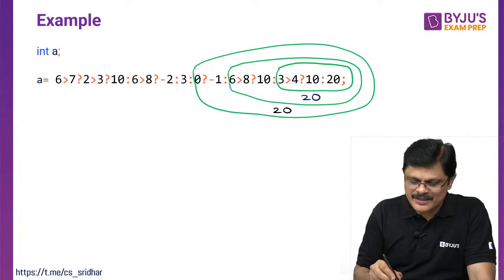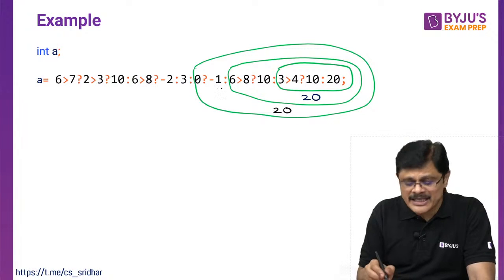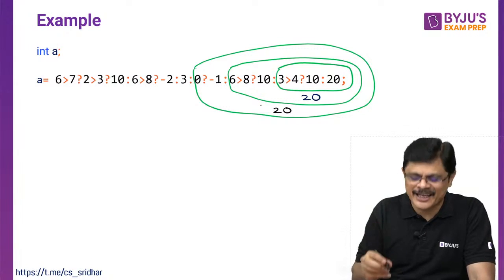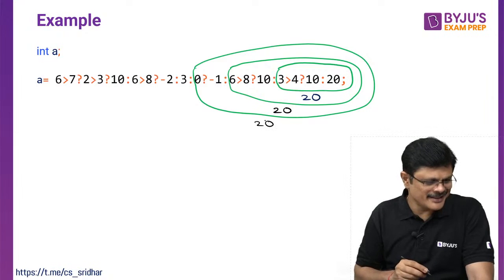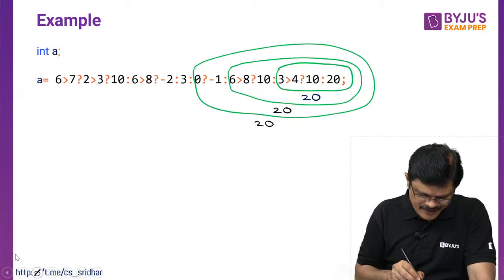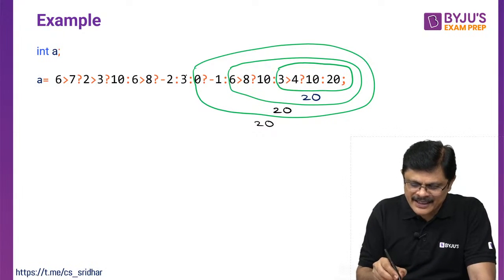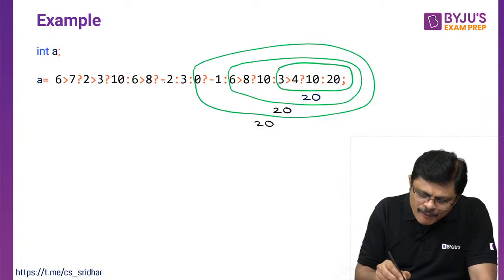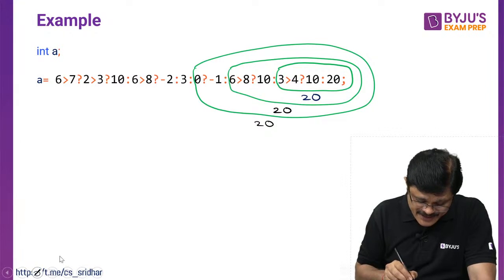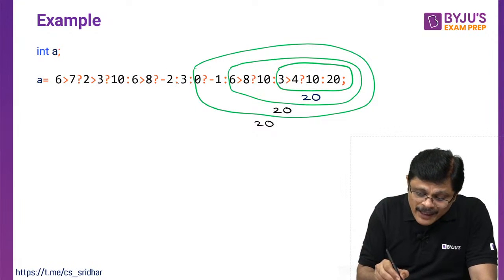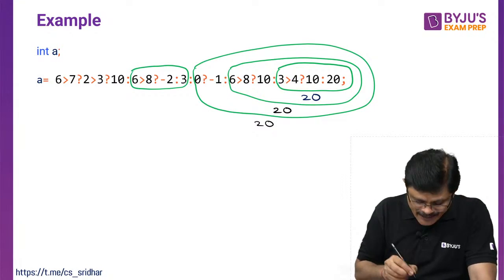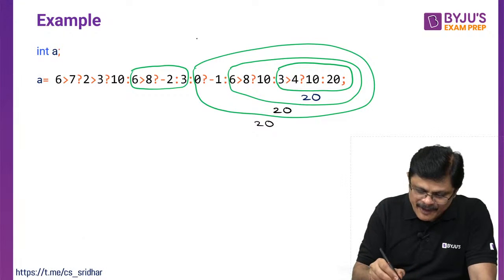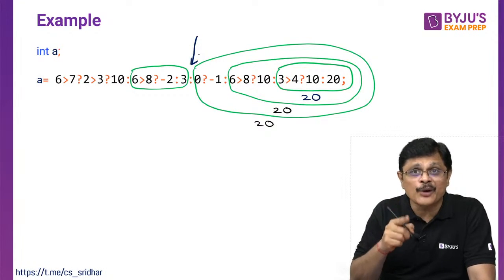So what is the answer? 0 means false. So we take -1 or 20. False means second expression, that is 20 is taken. Very good, Aspirants. Very good. Now again this is done. Now colon, again colon. So don't continue further. Colon before that question mark. See this carefully. There is a colon question mark. So here this part is evaluated. So this colon is still alive. Please see carefully. Some people ignore this. This is still alive. We have to take care of that.